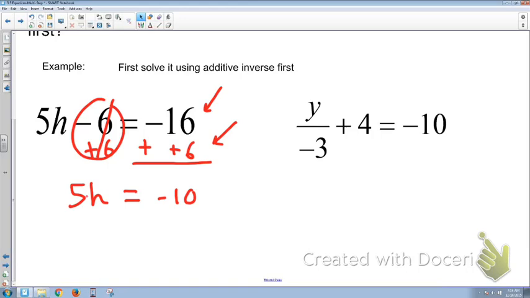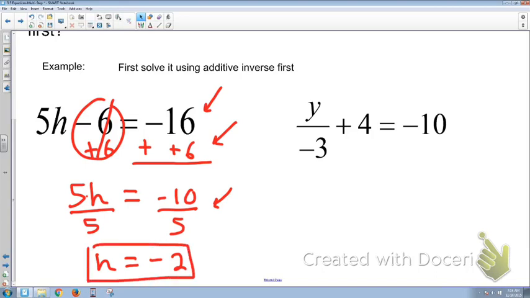Now to undo multiplication, I divide both sides by 5. I divide by the same number that's being multiplied, and that is h equals negative 10 divided by a positive 5 is going to be a negative, and that's 2, and that's my answer here. Coming over here to the right one,